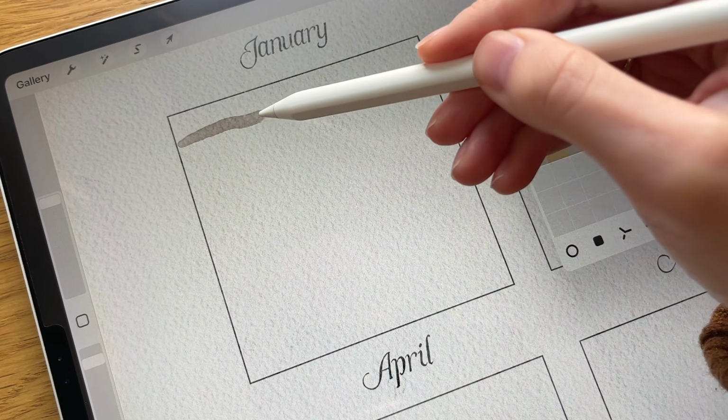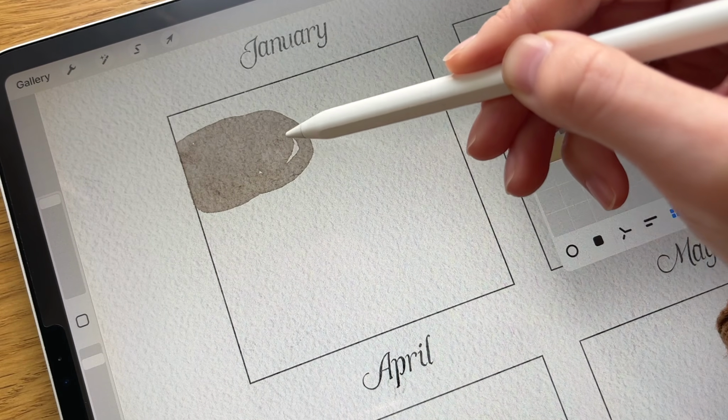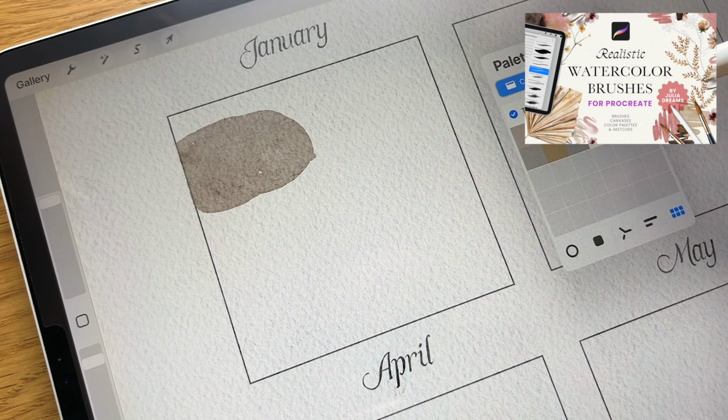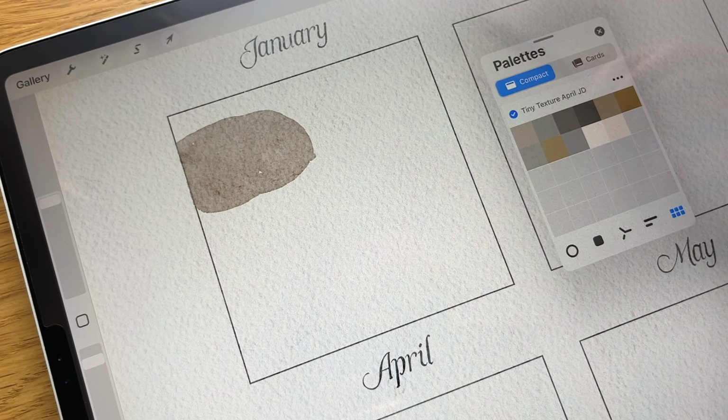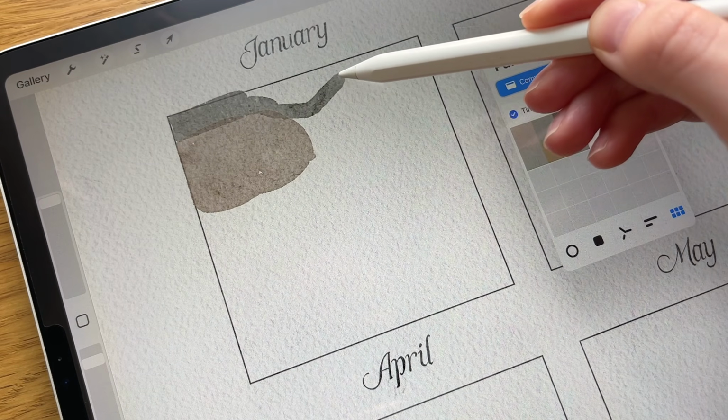Today, I'm taking on a quick and creative challenge, painting a tiny texture in just 3 minutes using my Realistic Watercolor Brushes collection for Procreate. This is a fun and relaxing way to practice your skills, explore new brushes, or just unwind with a bit